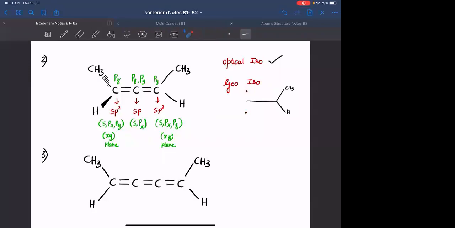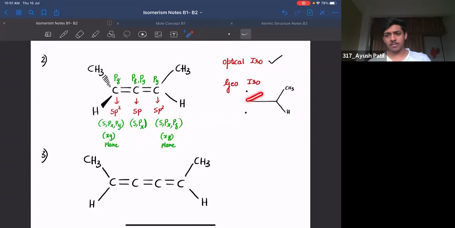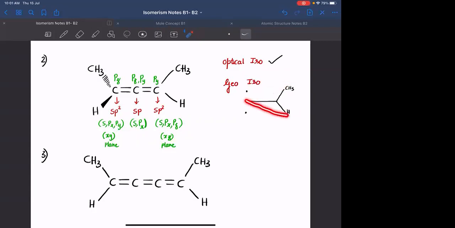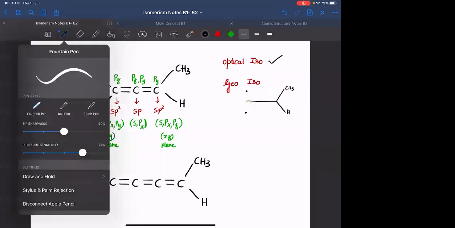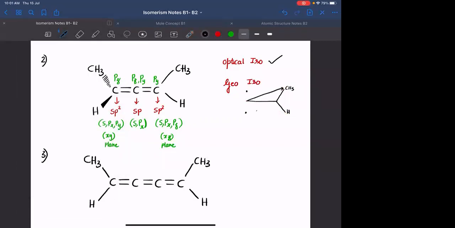These points are coming above and below the plane. These are not in the plane. Everyone. This point is exactly above this particular line. ऐसा सोचो. Okay. So यहाँ से आपको यहाँ तक और यहाँ तक same distance रहेगा ना? Okay. Similarly, यहाँ से आपको यहाँ तक और यहाँ तक same distance होगा. Agreed? These two points are coming above and below the plane. Whenever I am interchanging these two, will the distance change? No, sir. No, right? Because यहाँ से यहाँ तक जो distance है, यहाँ से यहाँ तक same distance है. The distance between these two are same. Agreed? ये L है तो ये भी L ही है.